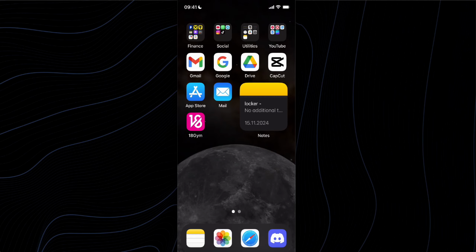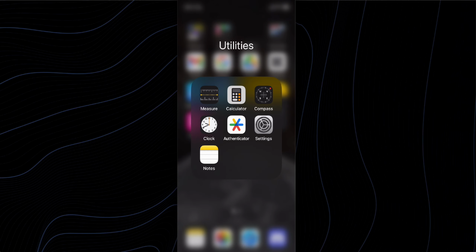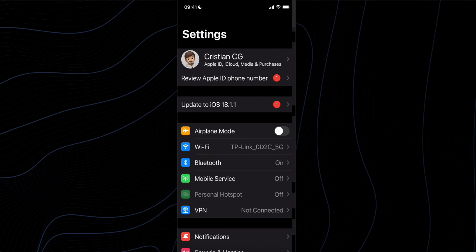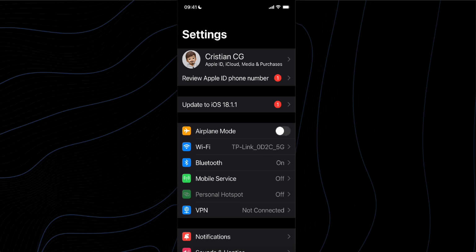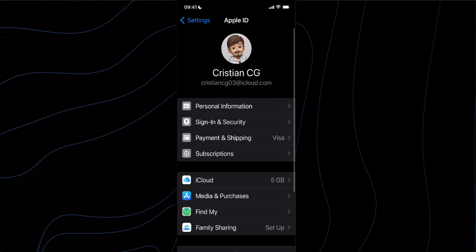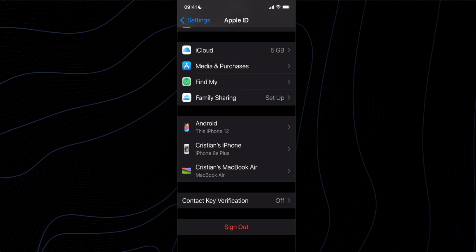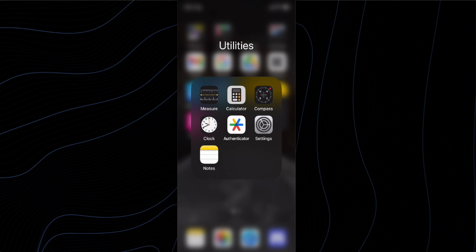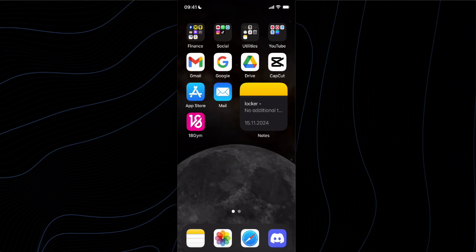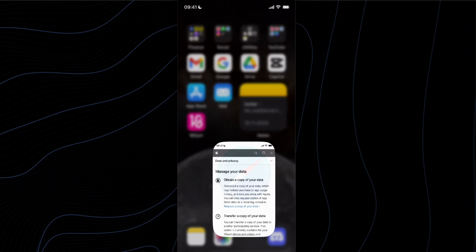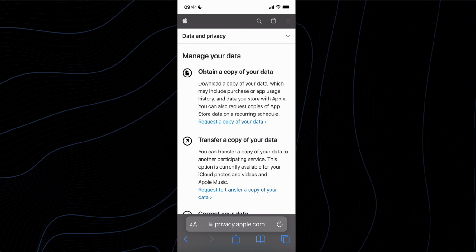So the first step is to go to your settings, and then tap on your name at the top, then scroll down and tap on sign out. Now after you do that, you're gonna have to open any browser. I suggest you open Safari, and then you're gonna have to go to